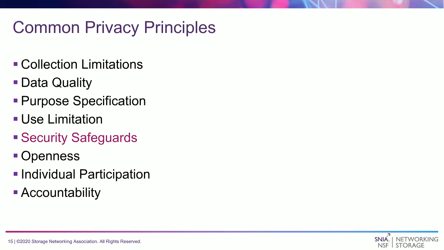Individual participation principle: you have the right to obtain from a data controller confirmation of whether they hold data about you. So basically, you should be able to find out what they're collecting, why they're collecting it, what they have collected, and potentially make that go away. And last but not least is the accountability principle. The data controller should be accountable for complying with measures. This is kind of a sweeper clause, but if you're a data controller and you don't have the mechanisms in place to respond to people that you're collecting information on, you could be in serious trouble based on some of the regulations that exist.